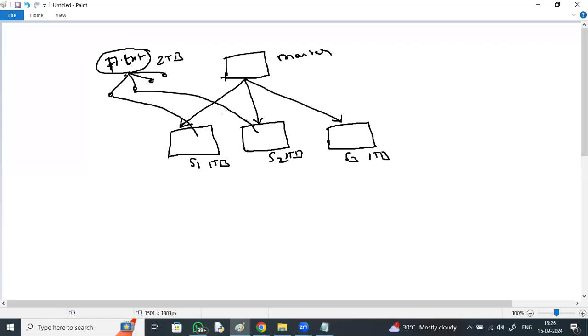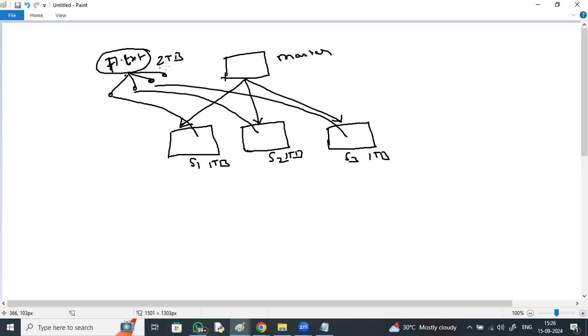Each block is going to be stored across the slaves.